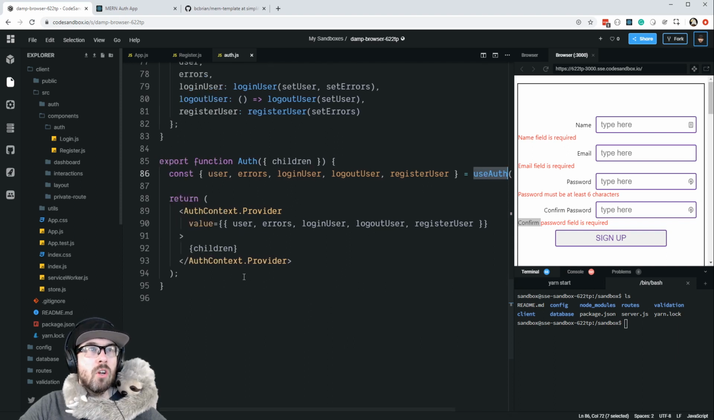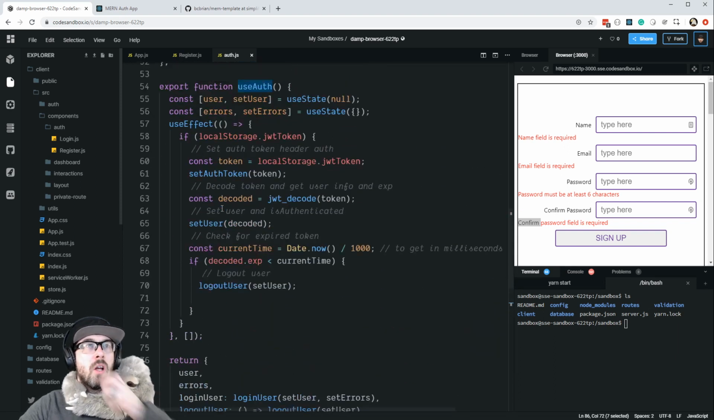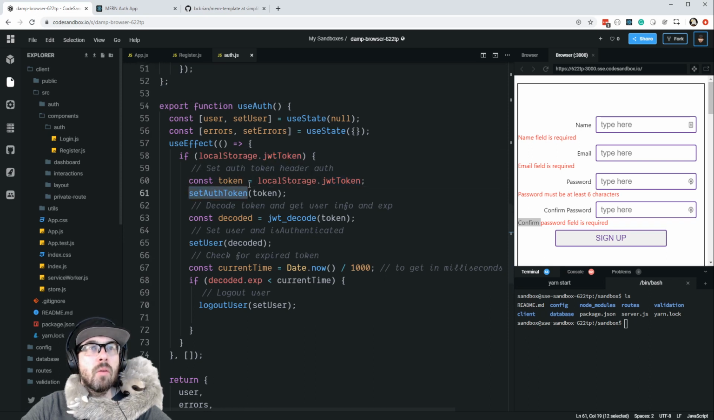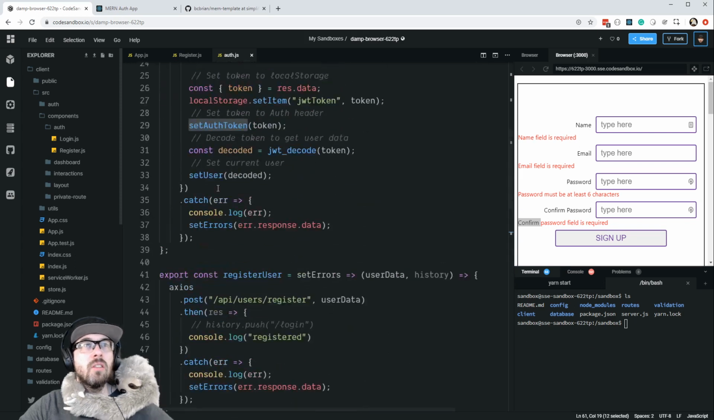And use auth is our own custom hook here, which basically is keeping track of state for the users and the errors. We're checking to see if there's a local storage JWT token. If there is, we're going to set the auth token based on the token that is there. Set auth token